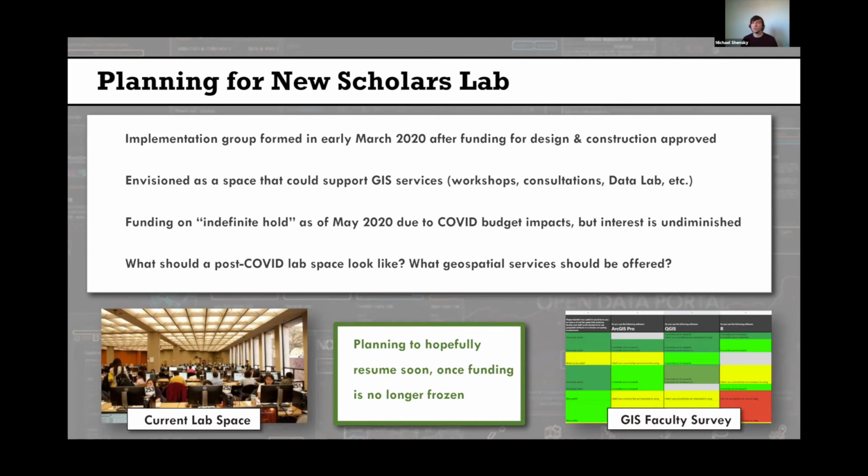And we really wanted to leverage this opportunity to revitalize this space that's at the entry level for our main library to help promote many of our services, including GIS services, and develop new programming for the space. So it was really envisioned as a space that we could use to take our GIS services to the next level. Funding, unfortunately, was put on indefinite hold as of May 2020 due to COVID budget impacts,